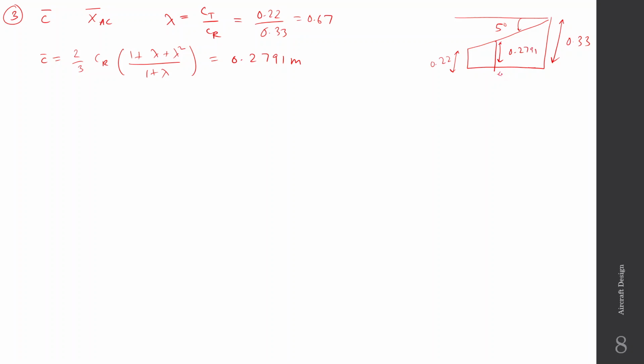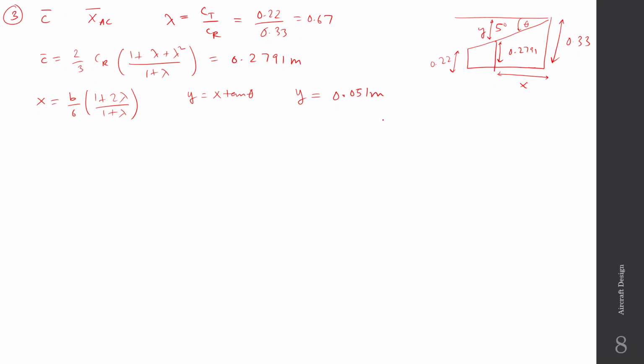Let this be x and let this be y. The formula for x is b by 6 times (1 plus 2 lambda) by (1 plus lambda), and y is given as x tan theta. So this is theta if we consider it like this. When you calculate all this, we actually want the value of y. So y will come out as 0.051 meter,